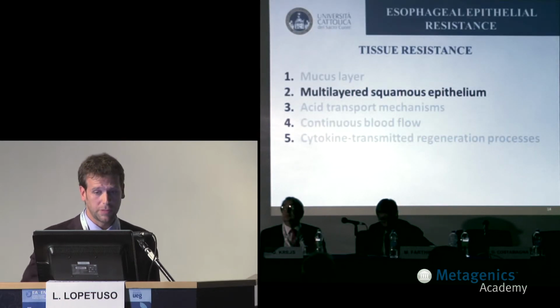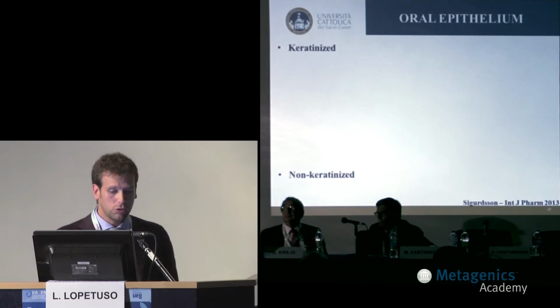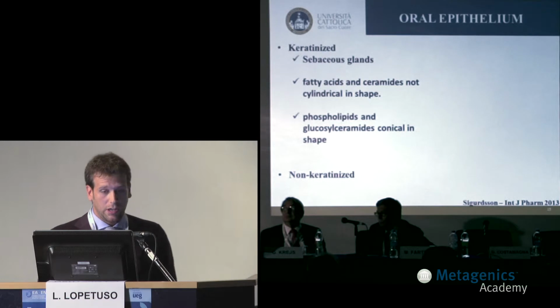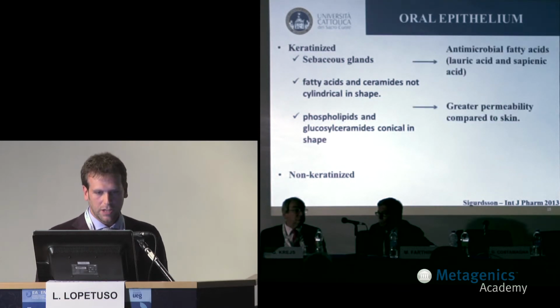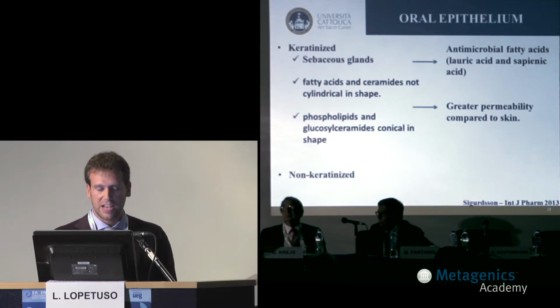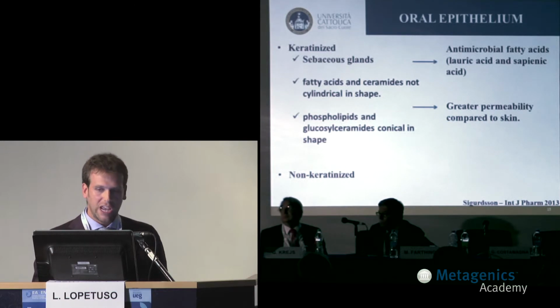Then we have the epithelium. In the oral cavity, we have a keratinized epithelium, but also a non-keratinized one. In the keratinized epithelium, the sebaceous glands, the fatty acids, and the phospholipids with the glucosylceramides are the main components. The sebaceous glands are able to secrete antimicrobial fatty acids. The most important are the lauric acid and the sapienic acid that can modulate and shape the commensal flora in